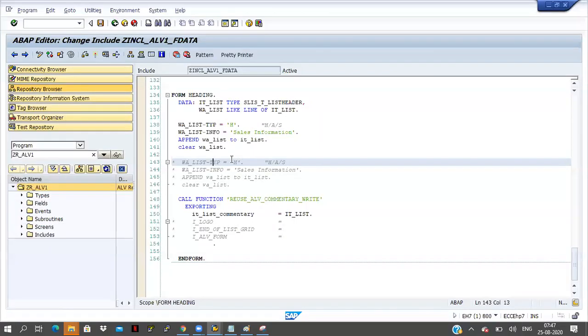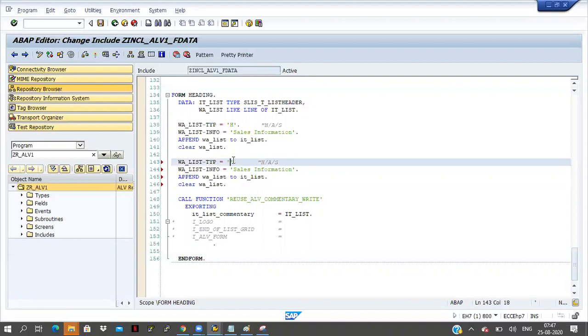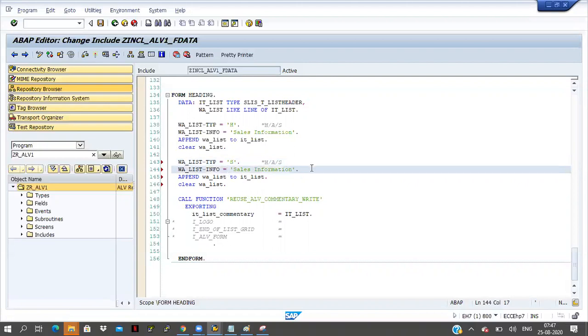Now what I am doing? I am appending the data to the IT list info internal table, and after that I am taking one more. You can pass 2 or 3 also, no problem. Here I am passing S, and in place of info I have to take the date, SY-DATUM.